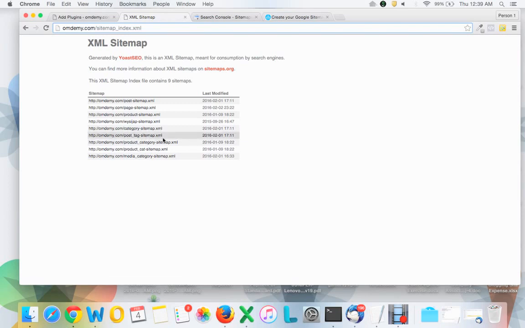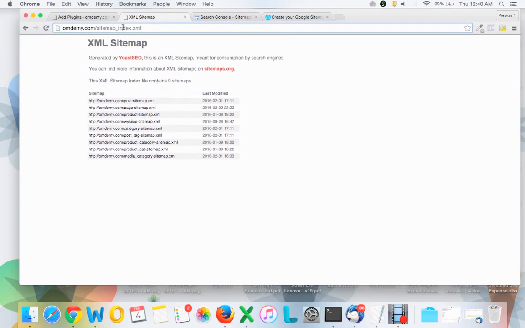Post tag is one other sitemap. Like that, product category is another sitemap. As I have WooCommerce, that's why these sitemaps are also created. So depending on the plugins and depending on your site, there could be a number of sitemap.xml files under your main sitemap, which is nothing but the sitemap_index.xml file.